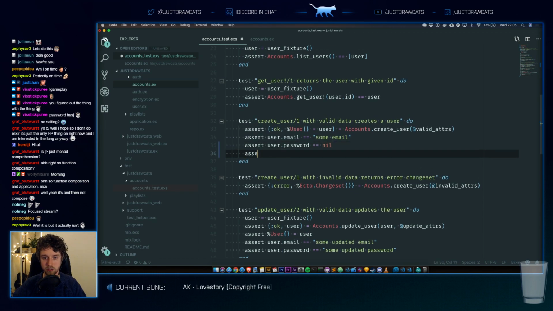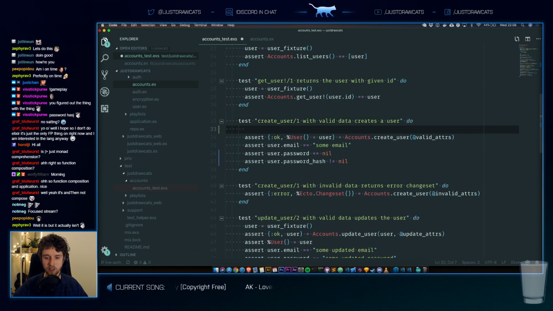And we want to assert that the user password hash is basically set. And how would I do that? Is not equal nil? I don't know if the user before this is nil. So if I were to assert that if I just have an empty user like this,